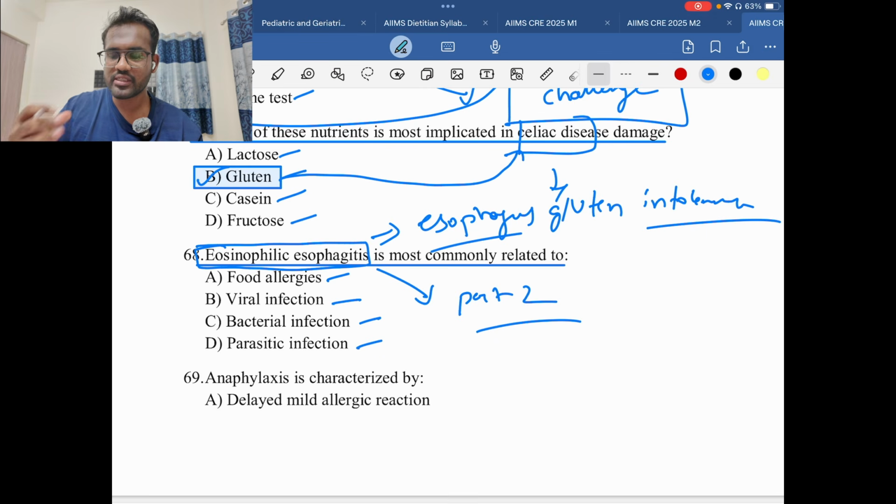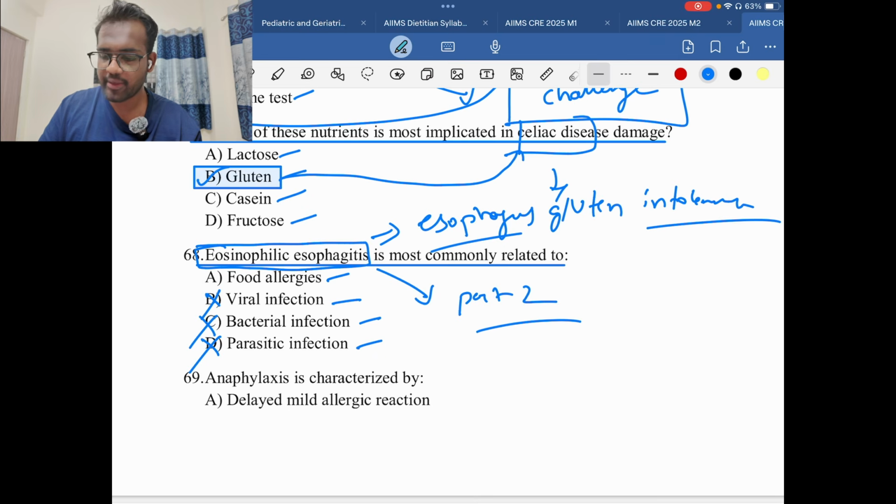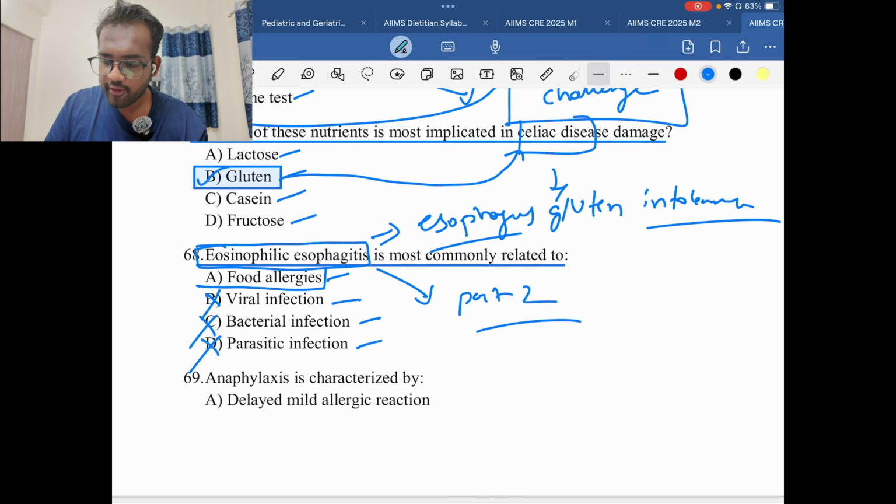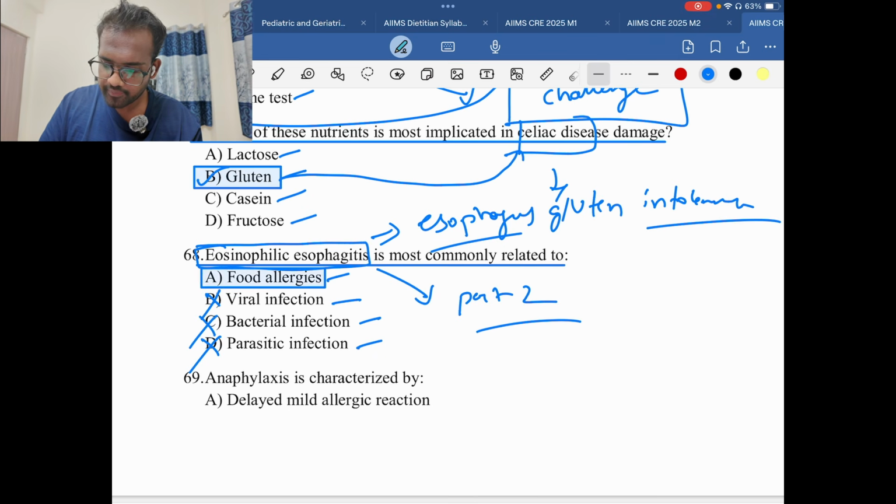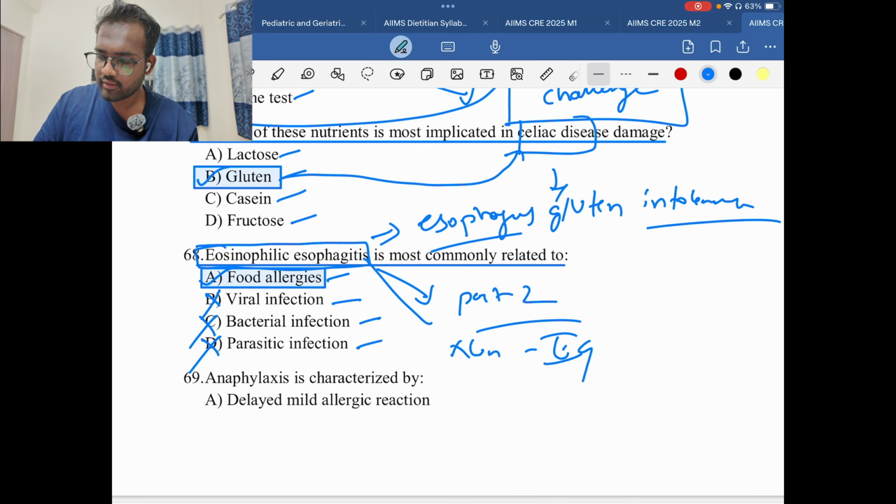Whenever you consume a food to which you have an allergic reaction, it causes inflammation in the esophagus. That is called eosinophilic esophagitis. It is due to a food allergic reaction, not a viral infection, not a bacterial infection, not a parasitic infection. It happens only due to a food allergic reaction. Okay, it is also called non-IgE